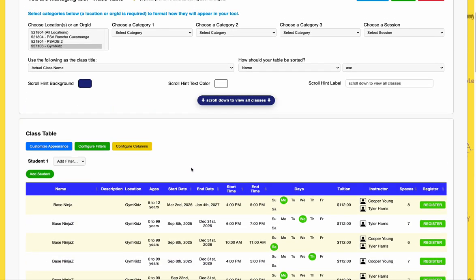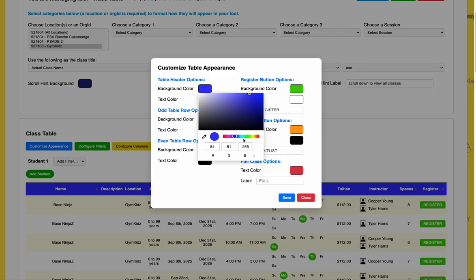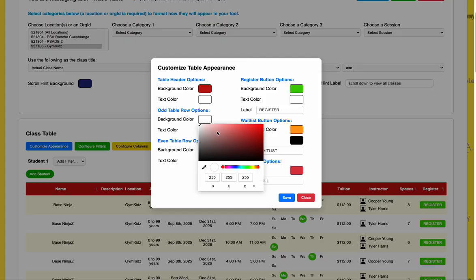Okay, now presumably your school has a brand. It's got all types of things that make your school unique. One of those things is usually some type of branding color. So we can click Customize Appearance. Let's say my school was, I don't know, I'm going to say red and let's see here. I'll make this like a very light red,